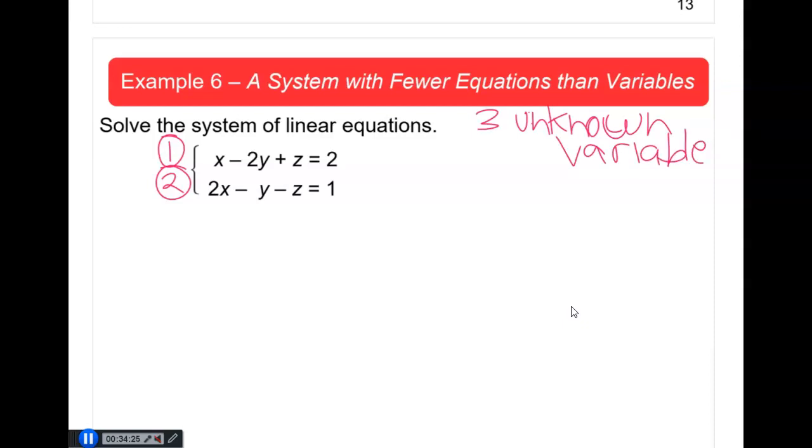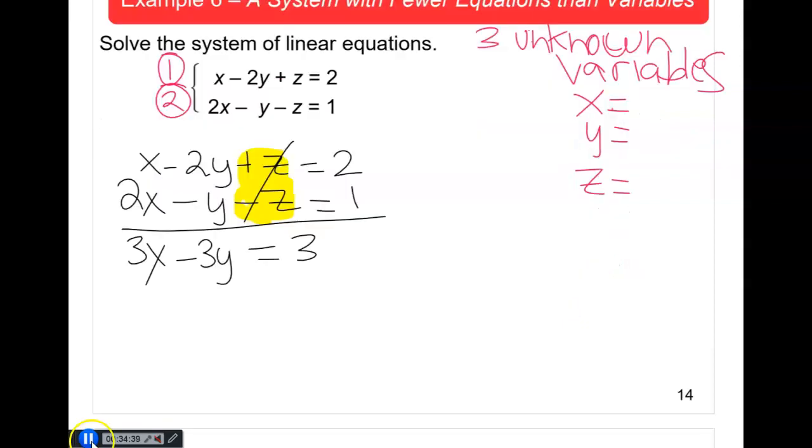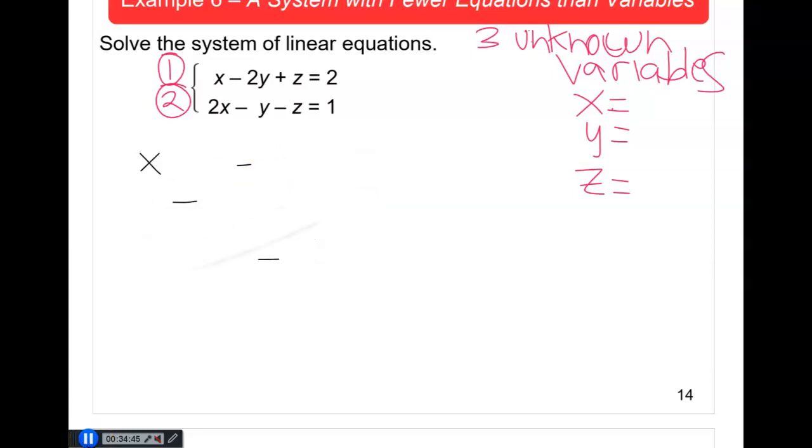And those unknown variables are x, y, and z. Okay, so what I can do here is take equation number 1. Okay, so what we're going to do instead,